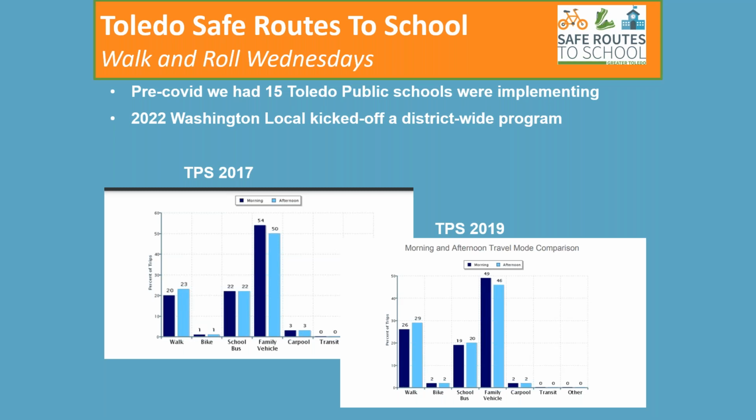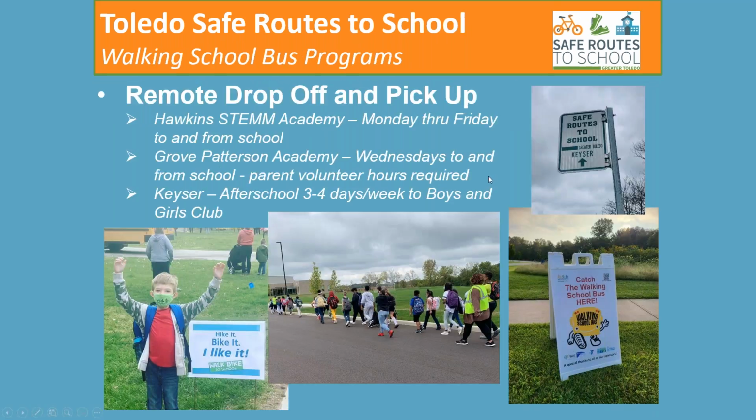And then our Washington Local School District, which has 7 elementary schools and 9 junior high schools, they actually have a district-wide program now, district-wide they have Walk and Roll Wednesday, and it actually goes all the way through their high school. They include their high school in it. The high school students don't get any Fitness Finder tokens for that. They're not really into that, but they do just encourage students on Wednesday, if they can, to walk or bike to school. We identified a remote drop-off location for those high school students that they can utilize.